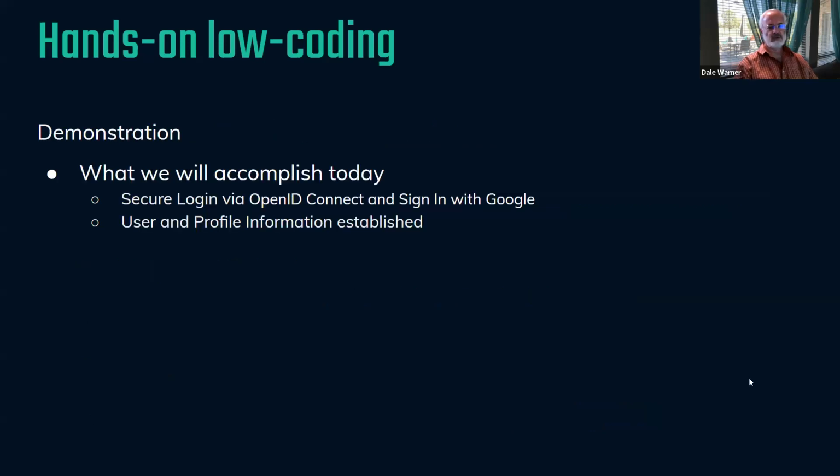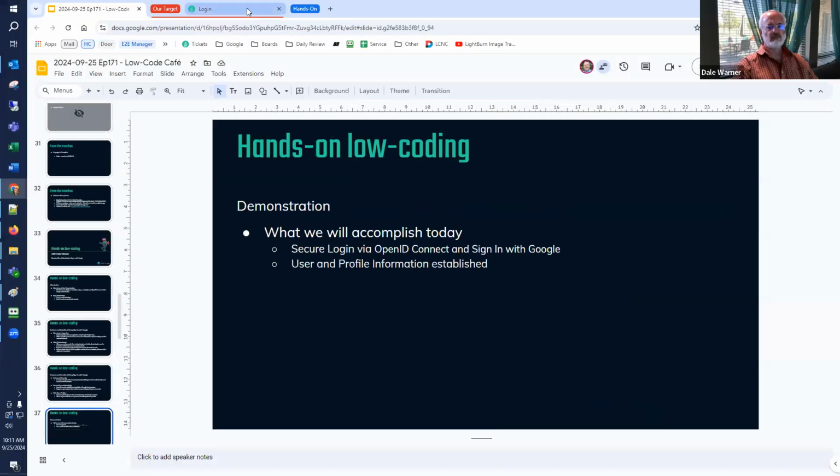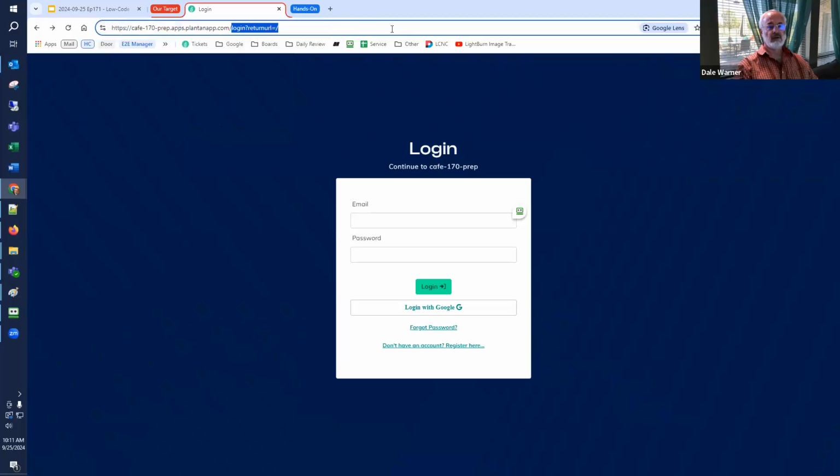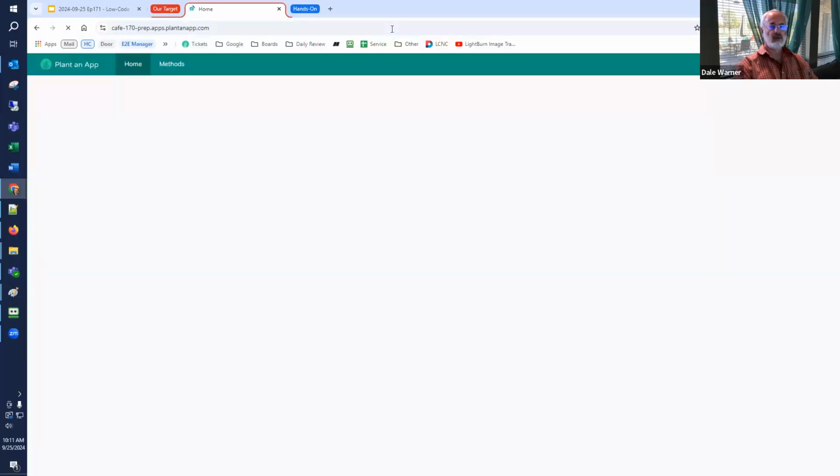So what are we going to do today? Well, we're going to install and configure OpenID Connect, and we'll end up signing in with Google, and user password, user and profile information will be established. So I like to show what the target is, and so I have a site here where I've already done the work, and so we're just showing you how to do it today. So this is my prep site, and so we have a site that we were working with last time, and